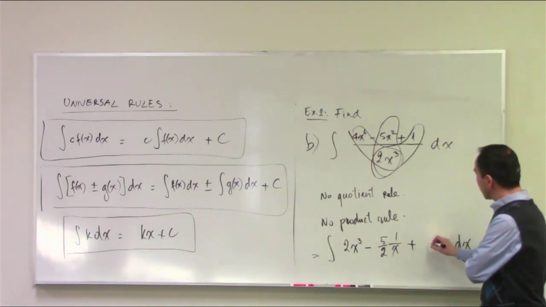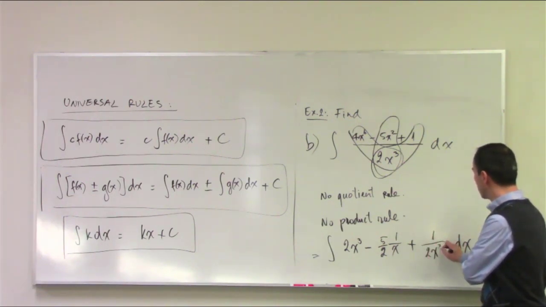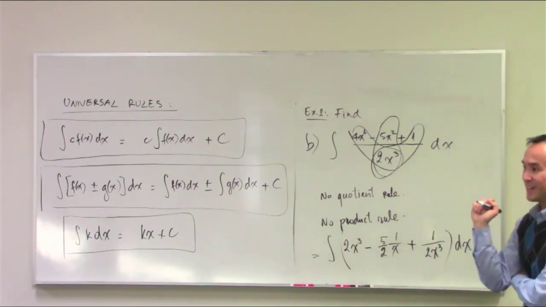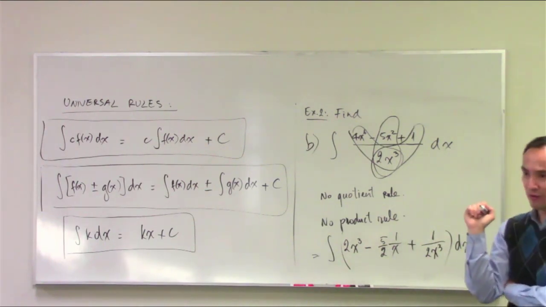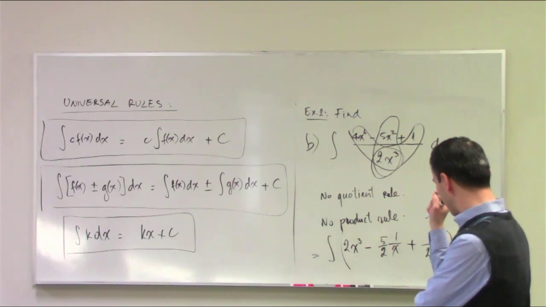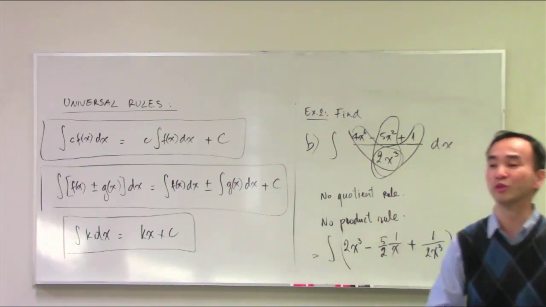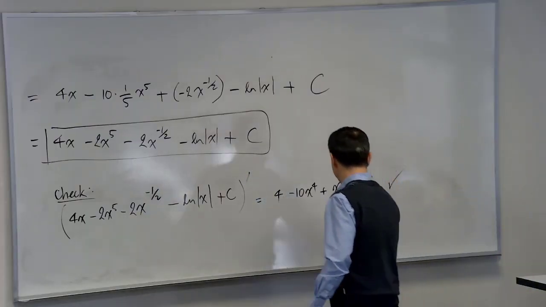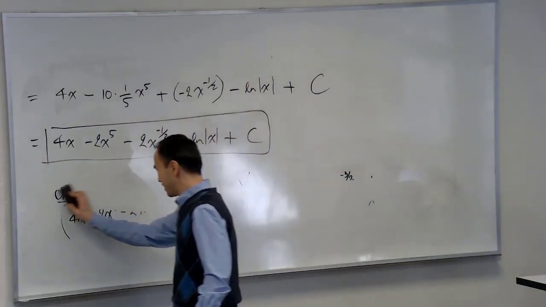So now we broke it down into multiple terms. 1 over 2x cubed. Now we've got 3 terms. Sounds good? And that's really the only way we can get around it, because the problem right now is we don't have the quotient rule to work with. And there has never been a proven quotient rule. All right, so now at this point right here, and again,